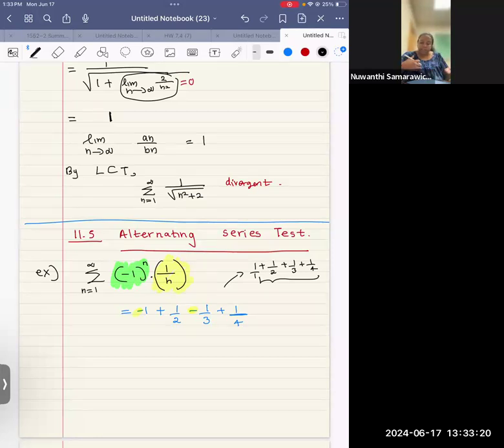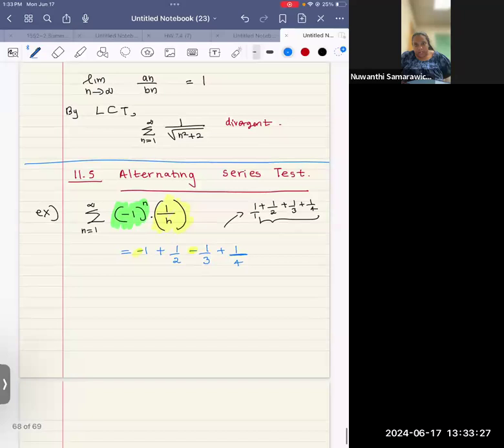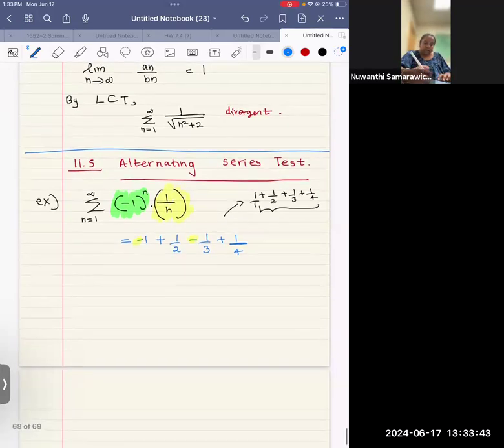If the power is even, you get a positive value, like here. This is called an alternating series. So in one term you have negative, in the second term you have a positive, in the next term negative, again positive. So negative, positive, like that. So it's alternating. Okay, so this is called an